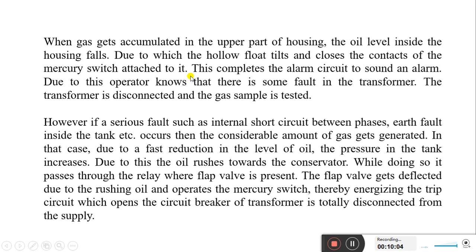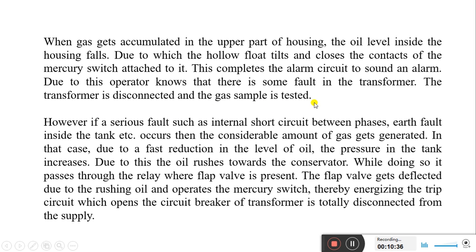Same thing I have discussed, that whenever the gases are coming on the top, the oil level inside the housing falls, and as the level falls, it tilts the float so that the mercury switch contacts get closed. Now this completes the alarm circuit to sound an alarm. Due to this, the operator knows that there is some fault in the transformer,